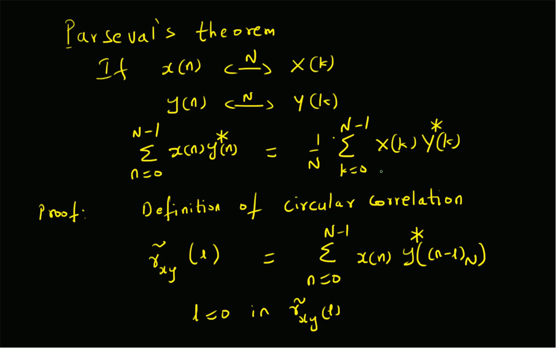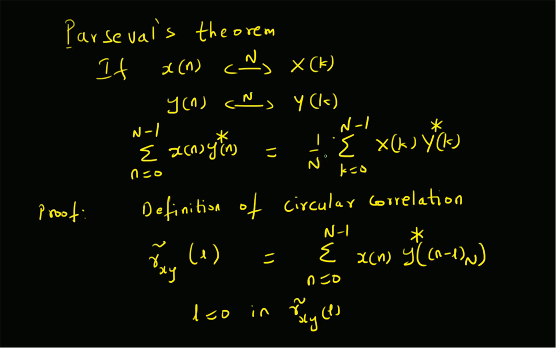So to summarize, in this short video, we have looked at the Parseval's theorem for N-point sequences and their corresponding DFTs, that is, given two signals x[n] and y[n] with their corresponding DFTs X[k] and Y[k], the Parseval theorem states that the summation n equal to 0 to N minus 1 of the product x[n] into y[n] conjugate is equal to 1 by N summation k equal to 0 to N minus 1 X[k] and then Y[k] conjugate. So basically the product of the first signal and the conjugate of the second signal, and the sum of these products should be equal in both time domain and frequency domain.